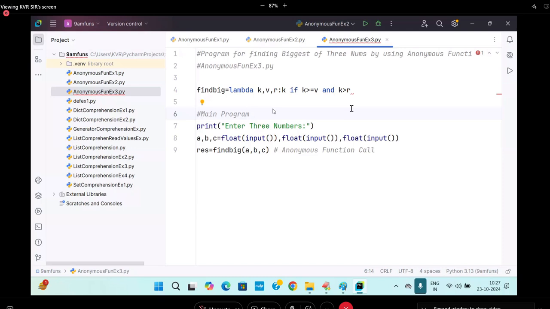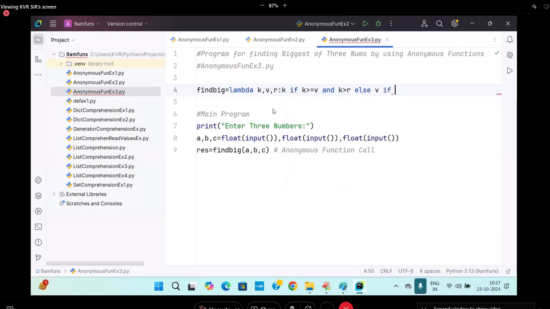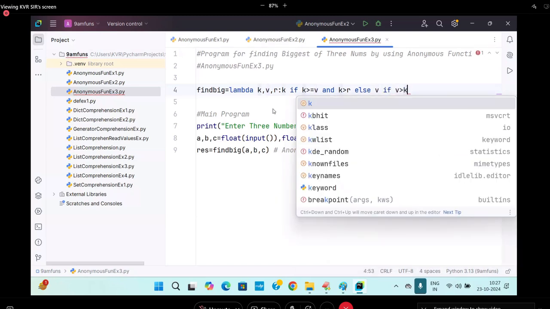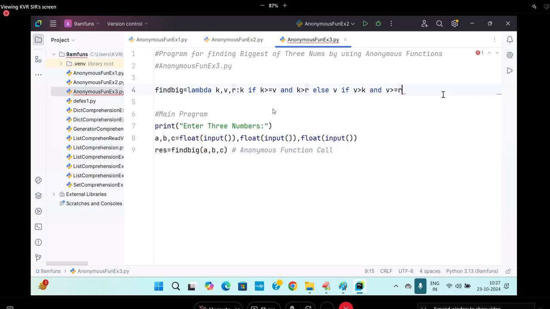Scene number 1. Again, I will write that. Next, in the case of that, K greater than or equal to V and K greater than R. Else, what is next? V. The V bigger condition I am writing. V greater than what? K. And V greater than or equal to what? R. That is, which one is the bigger condition? V is the bigger. Else,